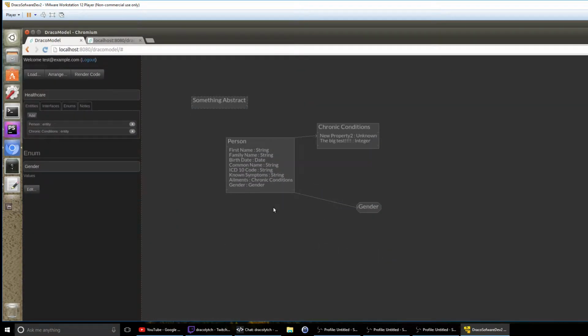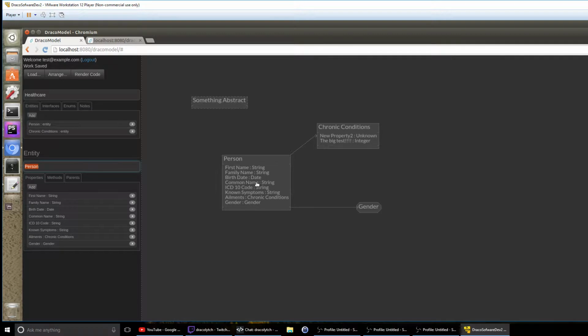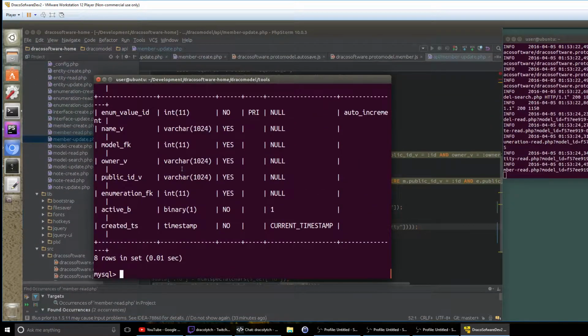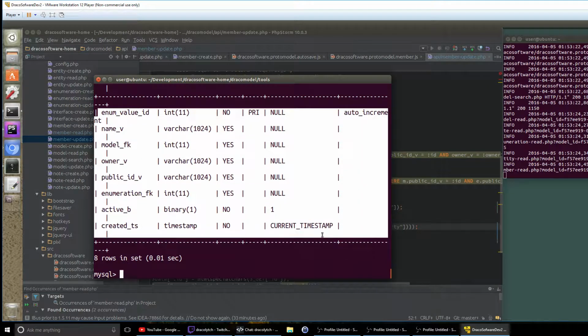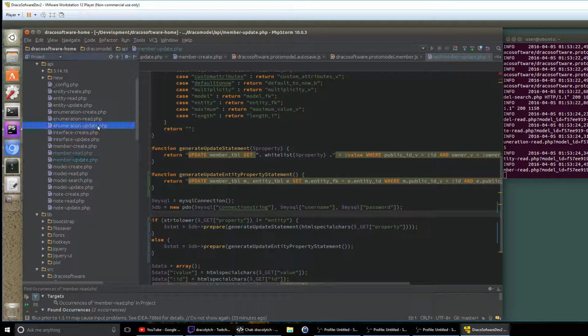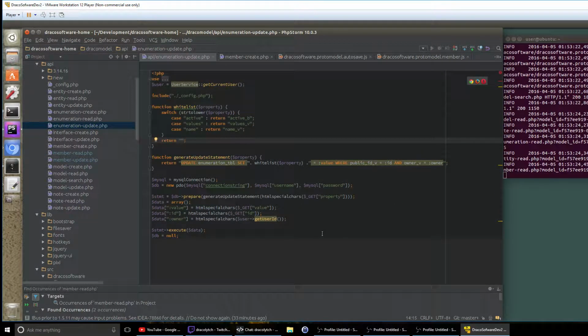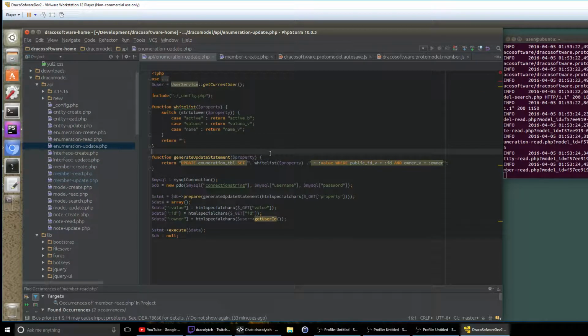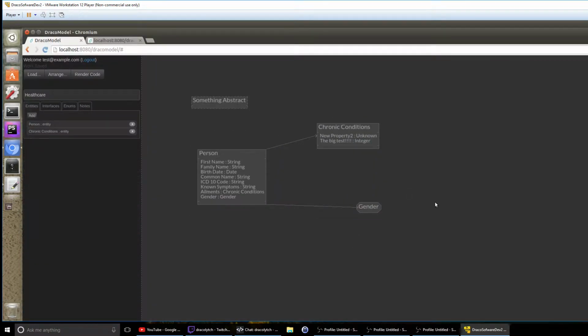Okay, so this is a sub-item that originally we were just going to serialize as a JSON string, and then I actually put my software engineer hat on and said, you know what, let's actually store this in a proper table like rational developers. So we have this blank table. It never gets populated. And we need to go ahead and figure out a way to actually get some data in there. So let's take a look at this. I think it is always going to be an enumeration update. So let's go ahead and watch our code, see what it does